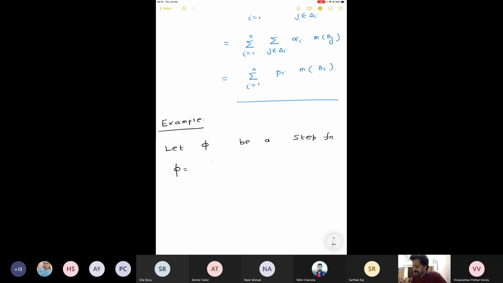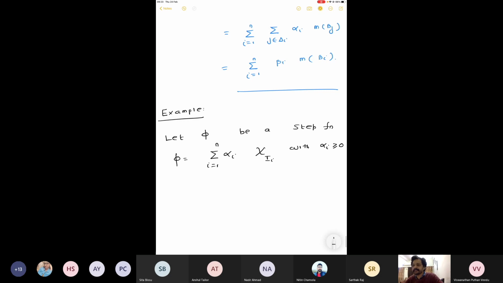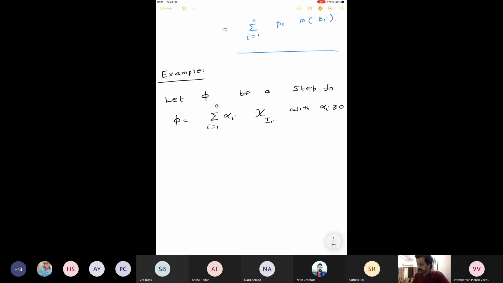Phi is equal to summation alpha_i chi_{I_i}, i equal to 1 to n, where I am assuming alpha_i to be greater than or equal to 0, because so far we discussed only non-negative step functions, non-negative simple functions. Then phi is a simple function, no doubt about it. Now I will assume I1, I2, etc., In to be disjoint intervals